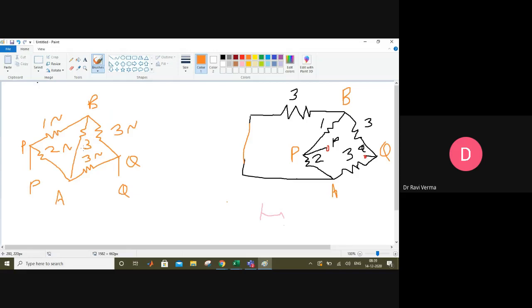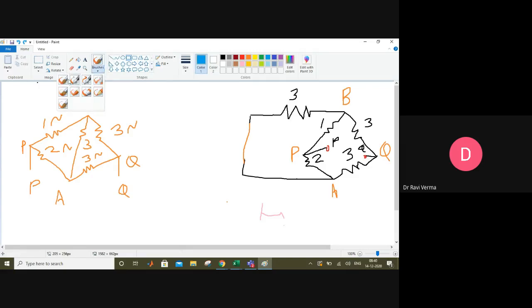No. Good. So you see this looks like a delta connection. I am taking the red color. You will see this portion looks like a delta connection. Okay, 3, 3, 3. So it is better to convert the delta connection to the star connection. So how it will look, I am taking the blue color. You can see from this one. So one, one, one.